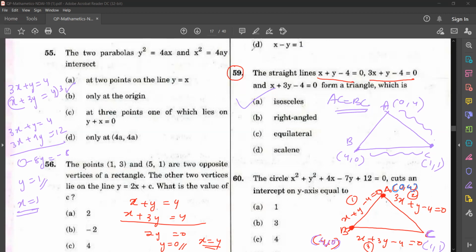Okay, please copy this. Have you copied? All of you have to repeatedly do the previous year questions. Then only you'll be able to score good marks. But don't think that the exam will be very tough. See how simple the questions they are asking. Very direct questions. But the thing is, you have to manage the time. If you take more time on the beginning questions, you will not be able to see these easy questions. So you have to identify your strong areas, and those questions you have to surely do. Okay, let's go to the next question.